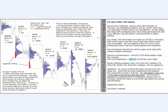Friday 15th of Jan, we're about 3 hours into the trading day. This is from the pre-open, we're looking at the E-mini S&P. End of last week we had aggressive selling here and here. Been looking for any signs of significant or effective buying this week. Been saying nothing would impress me that much until we saw some time printed back above the halfway point, 1965.25,